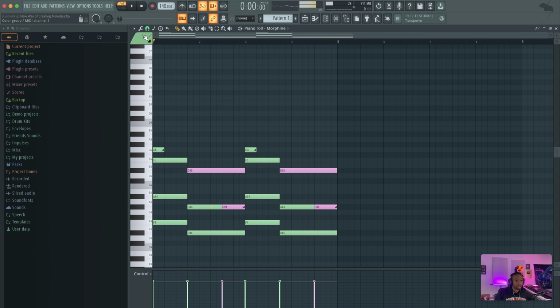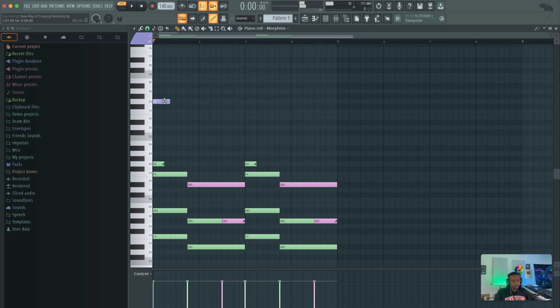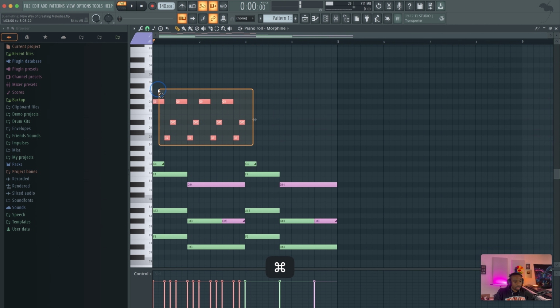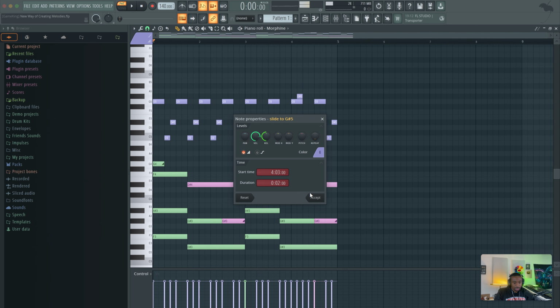Now let's add a top line. So the top line I want on a different MIDI channel because I want to treat those notes differently. So let's go to 6 in this case, a whole different note. Let's pull this entire thing down a little bit. And let's make it go like da da da. And let's repeat this and I'll show you guys a little tricks. So let's copy this. This is called a top line. It usually sits over top of the chords. So right here I want it to pitch bend, so let's add a note here, double click and make this a slide note.